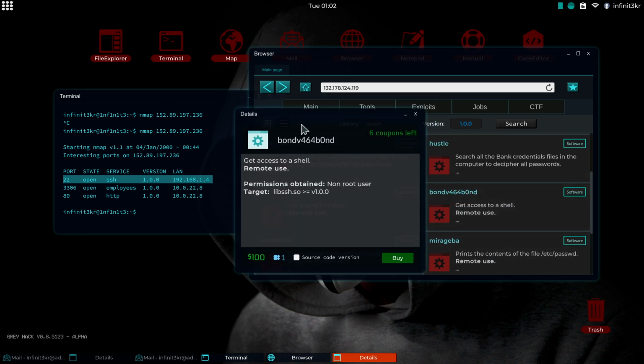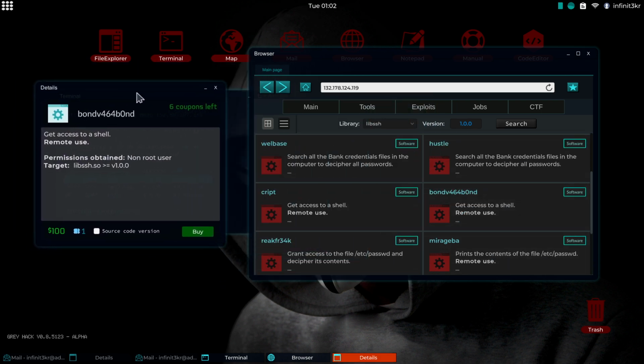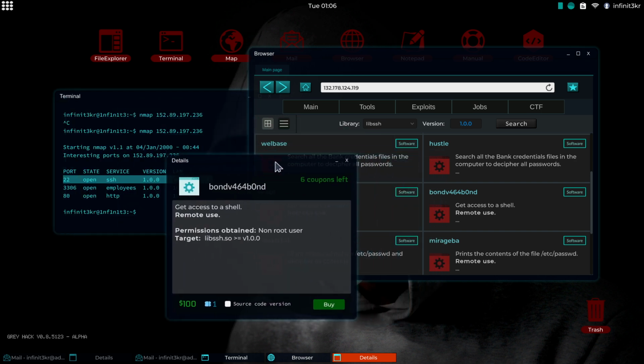So what I'm seeing best right now is a non-root user. That's just going to be a user on the computer. It's not going to be a guest, or a root. It goes in 3 levels. You either got your guest, you got your non-root user, and then you got your root user. So non-root user shell, this will get us a shell, which then we could probably either email the administrator, and